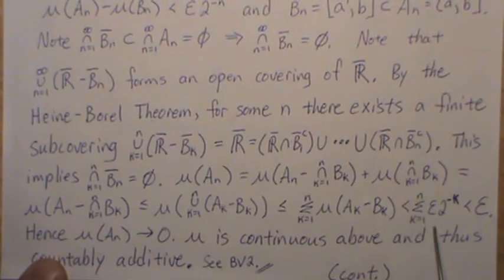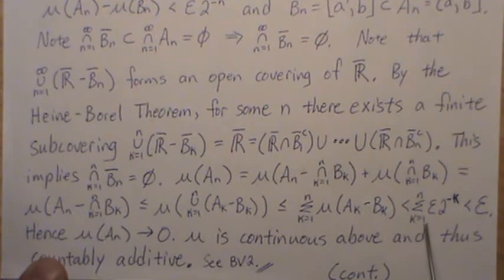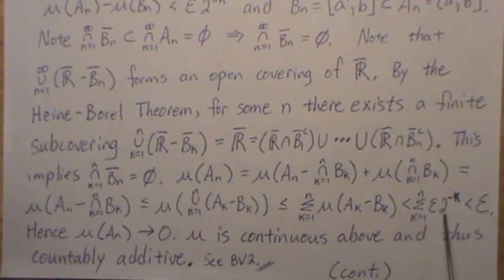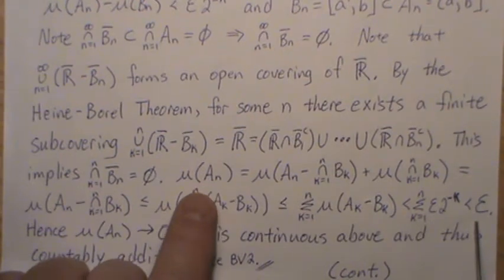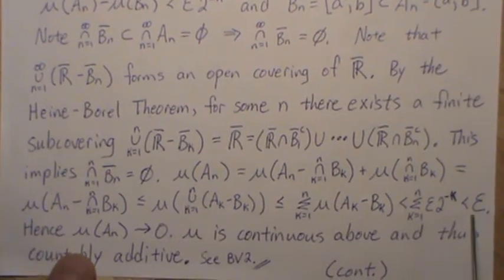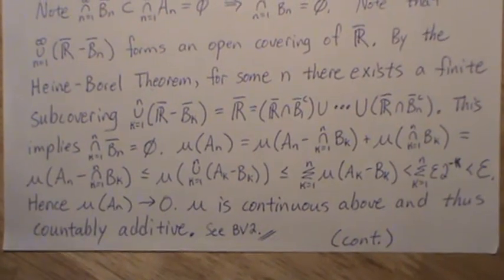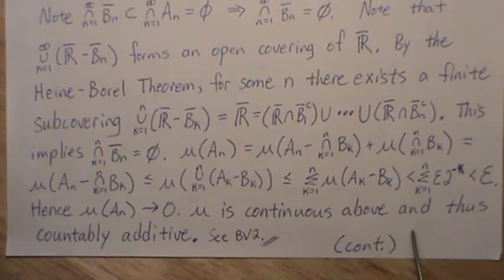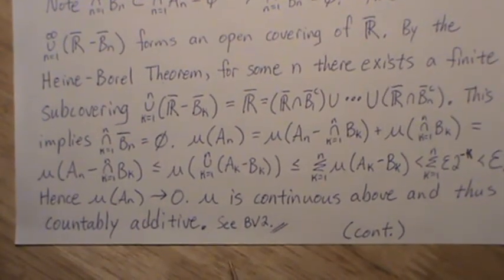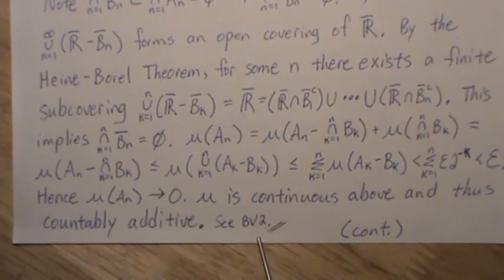And we're adding up 1 to N. Well, this epsilon is not part of that index, so it will come out. And we're summing 1/2 plus 1/4, 1/8. And that limits to 1, but if we stop it at N, that's less than 1. So all this is less than epsilon. And that's actually what we wanted to show, that the measure of A_N goes in limit to 0. Now, since it's continuous from above, thus it's countably additive, and that's what we proved in this background video too.